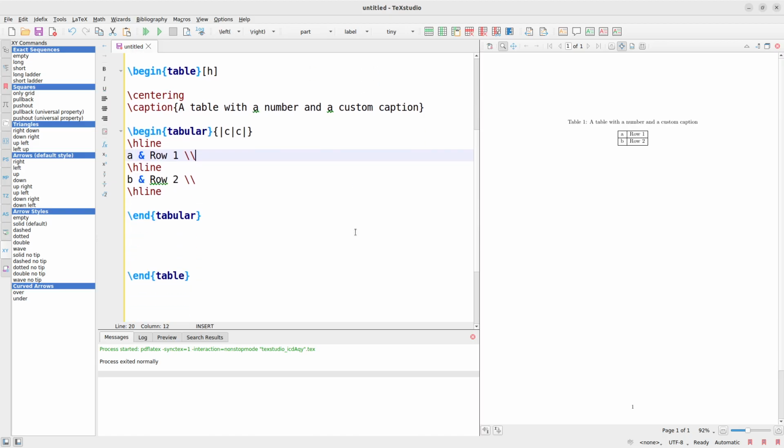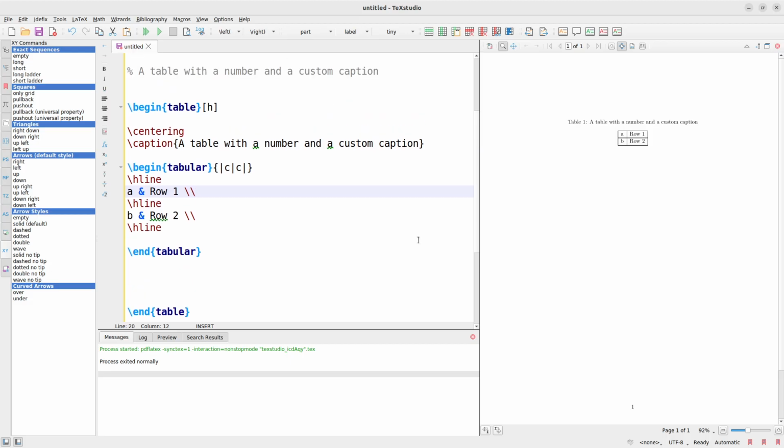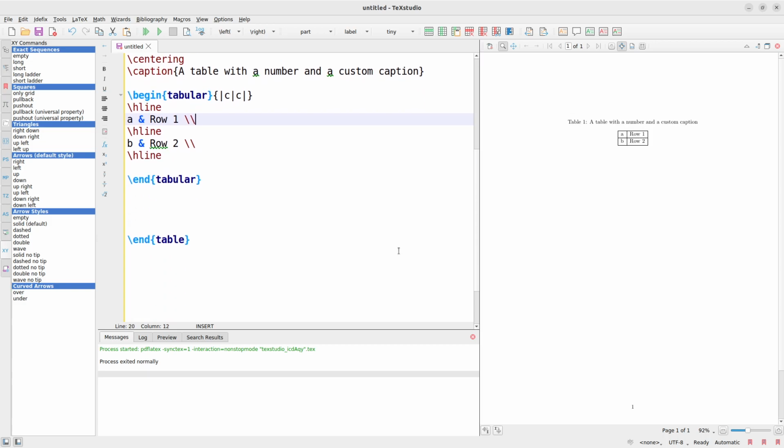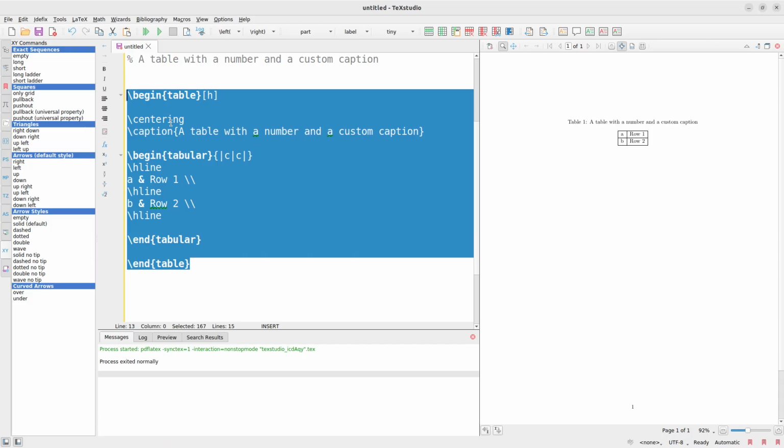Now let's look at the second scenario where we indicate just the text or custom caption here, and then we eliminate the table number. So how do we do this? We are virtually going to create the same table, and it's just one line that we are going to modify. So for this one, I want us to copy this table here and then paste it. Okay, and then we do the modification there. So I'll copy this entire table,